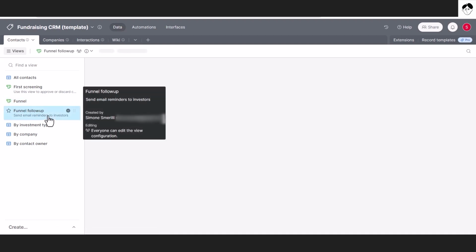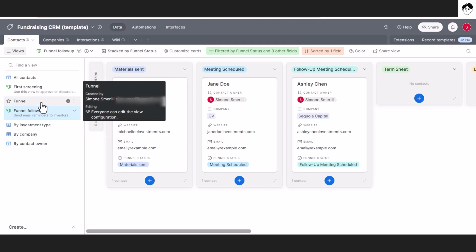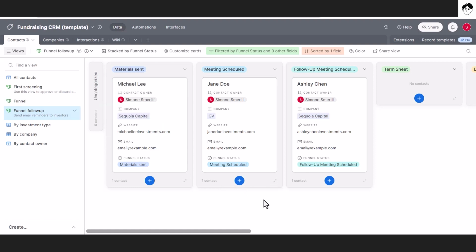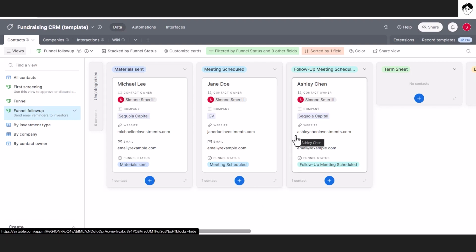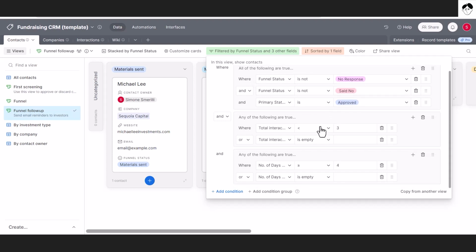The funnel follow-up board is instead a version of the funnel pipeline specifically made for following up. Whatever contact appears in this view needs follow-up. And that's because we use a special filter to make sure that we only show those contacts where the funnel status is not no response, it is not say no, it is approved, and where the total interactions is less than 3 or empty, and where the number of days since the last interaction is greater or equal than 4